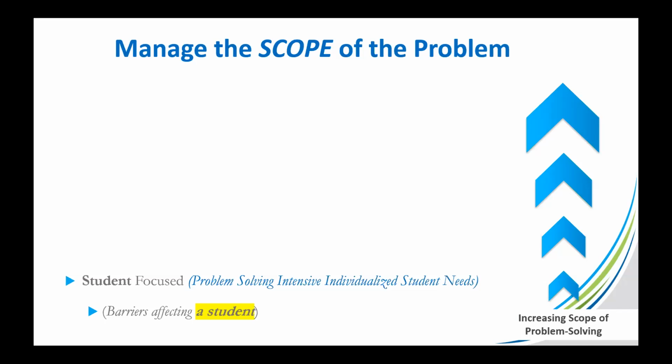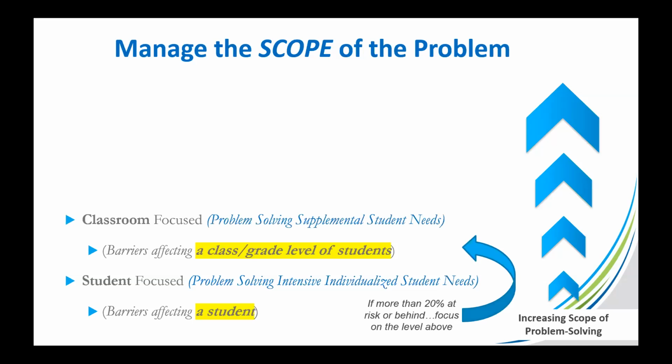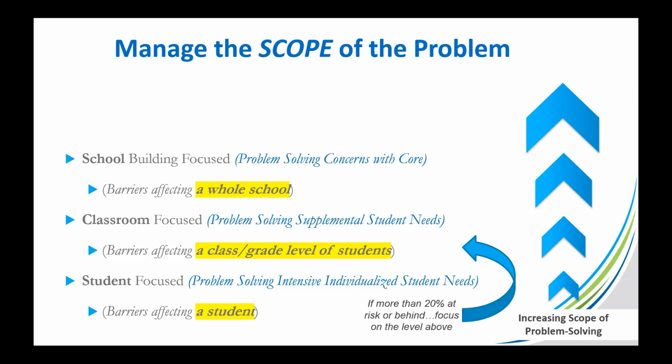So essentially, when we're talking about managing the scope of the problem, we've got to think about what are these barriers that are affecting the student, because essentially what catches our attention often is the behavior that may occur, and a lot of times it's the problematic behavior. So we've got to think about what are those behaviors affecting the student. But if we step back and we're analyzing data, we also need to look at, are there additional barriers that are specific to a classroom, like a specific class, a grade level of students? Because it may not be that it's a lot of students, they may all be coming from the same area. And that might help us to determine where we're going to be focusing our intervention.